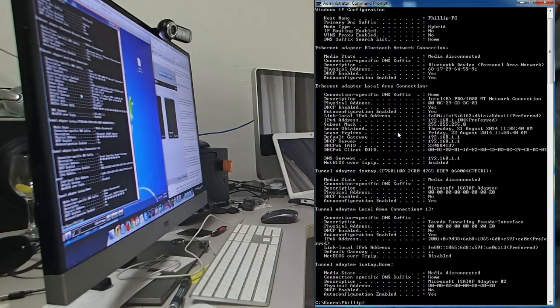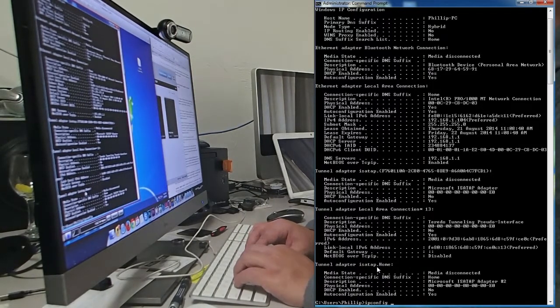Basically, that's because the operating system was unable to retrieve an IP configuration from a DHCP server upon startup. Okay, so in my case, this is not the case, as mine is in the range of 192.168, etc. But for example, if we want to release and renew a DHCP assigned IPv4 address, there is a command that can be used, and that is